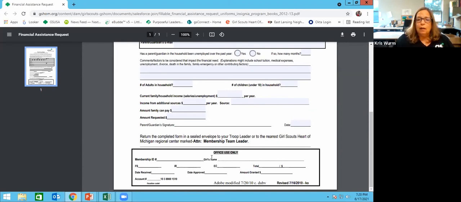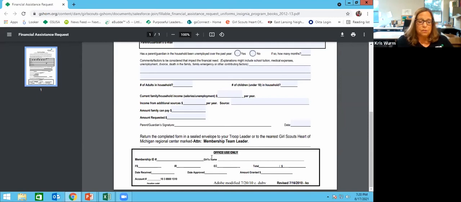We do not want anything to happen to leave a girl out of Girl Scouts. That's the main thing. This will then come in to your membership specialist, which I will look over to as being the team leader, and we'll decide. You will then receive a letter from us saying what you have achieved from this. And most of the time, you can usually get the sash and the insignia tab and the numbers and things like that,